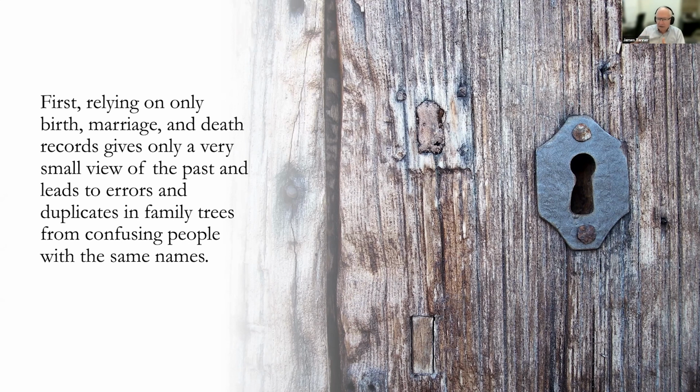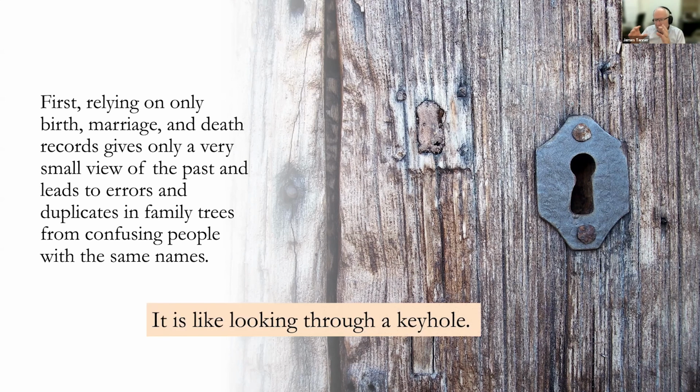All of that accumulates in the family trees, so that the next person along goes back and doesn't know if this is the same person or not. So they create a new person, and there's another duplicate in the record. That's how that looks. It's like looking through a keyhole. You get a very, very limited view of what is on the other side, and you really can't tell what the person was all about. There's only a limited way of discerning if this person is the same as or different from someone who lives in the same area at the same time.